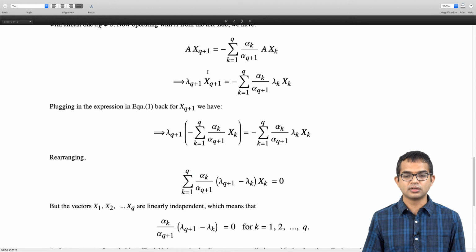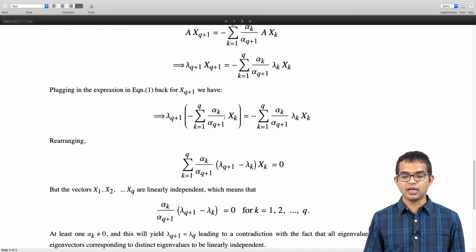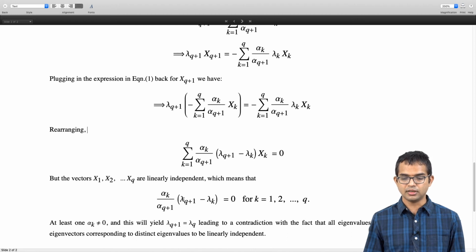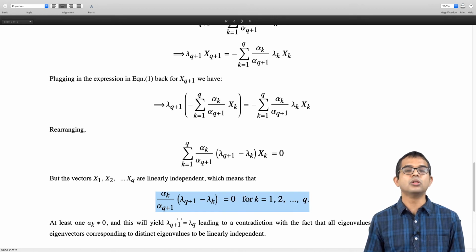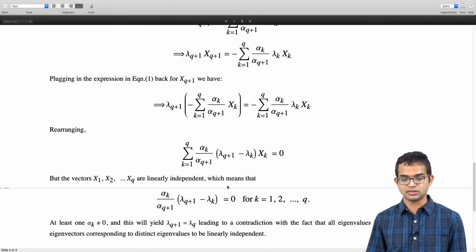You just need to go over it carefully, and then you can convince yourself that if we make the assumption that x1, x2, all the way up to xq are linearly independent, that implies that x1, x2, all the way up to x_{q+1} also must be linearly independent, because this is going to lead you to a contradiction. It's not sustainable with the condition that all these eigenvalues have to be distinct. So we have managed to show that there's a contradiction with that assertion, right?